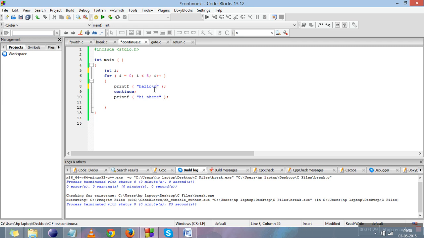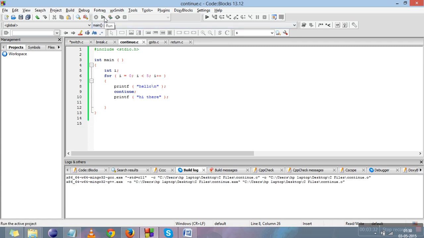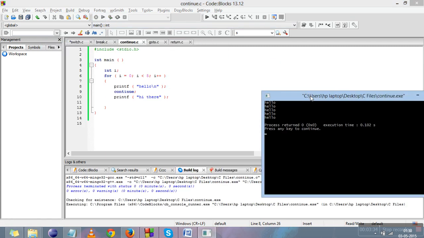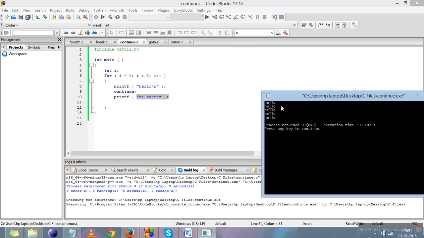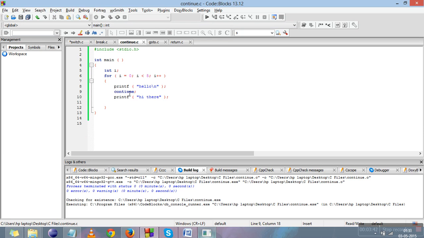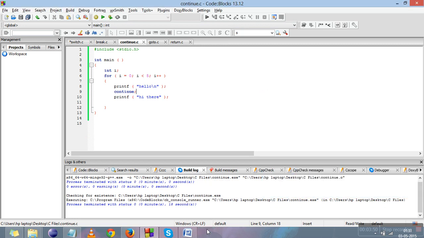I'll just put a backslash n over here. I'll compile it and run it. You can see that hi there is not printed in this output because we have encountered continue before that, and by the use of continue we can skip the current iteration and move on to the next iteration. So you can understand the use of continue by this.